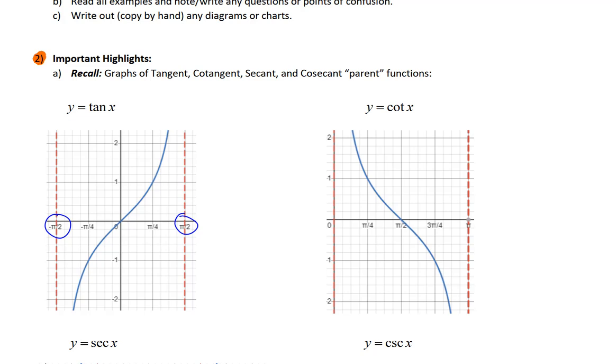Of course, being periodic, that just keeps repeating as you keep incrementing periods to the right or to the left. This is just one period shown. Then we have a point at 0, 0. When x is 0, the tangent of x is also 0. Then the graph snakes from lower left to upper right. It's decreasing to the left, chasing the asymptote downward, but to the right, it chases the asymptote upward, and we get that snake-like figure from lower left to upper right between the asymptotes as one